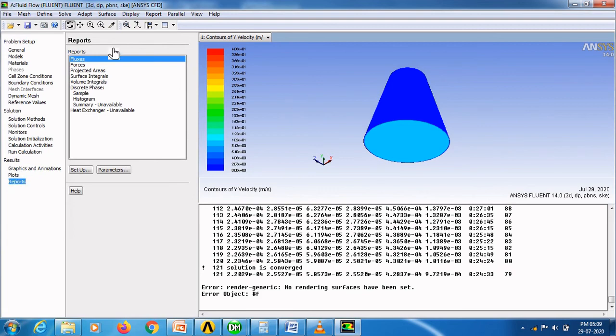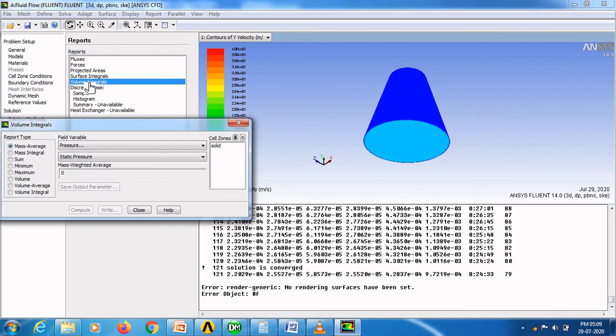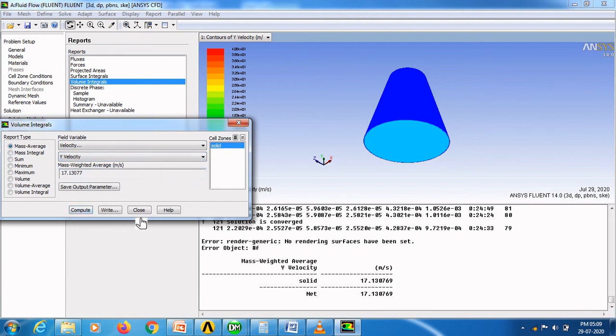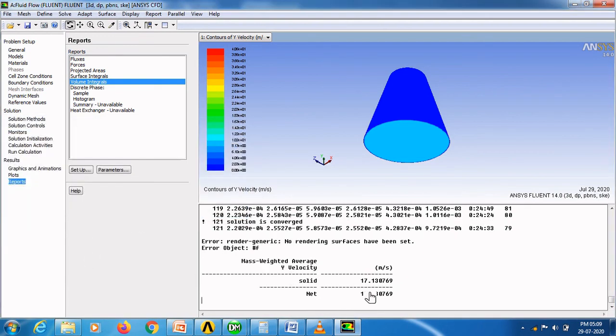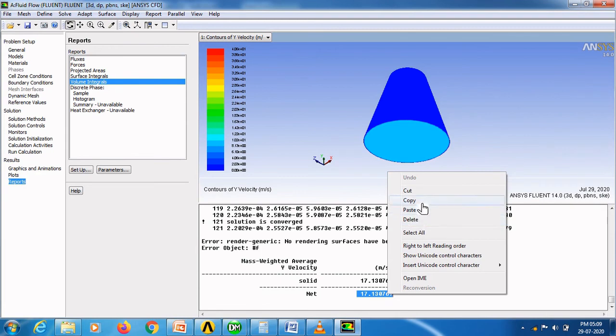And go to reports option, select volume integrals. In field variables select velocity and select y velocity. Here you have to compute velocity for this fine grid. Here 17.130769 meter per second velocity is generated.